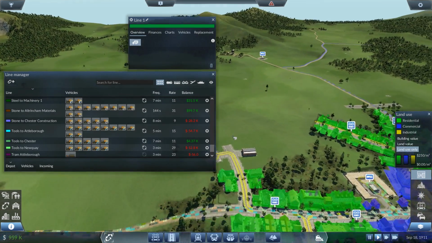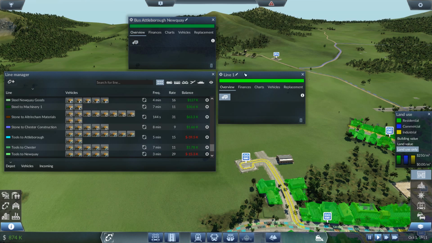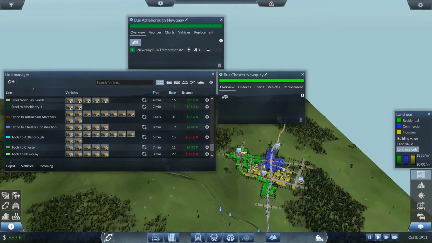So this will be, let's say, Borough to Newquay. Attleborough Newquay, and that'll be bus Attleborough Newquay. I've spelt it wrong. No. Attleborough Newquay. Beautiful. Bus Attleborough Newquay, and then bus Chester Newquay. Have I spelled everything correct? I have. Right, so this one here will go from there, boom, all the way up to...